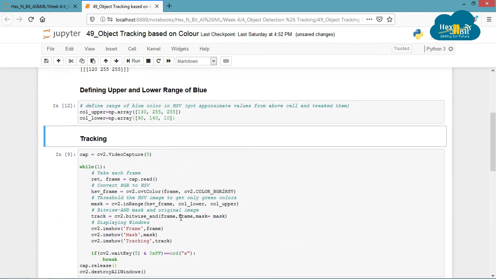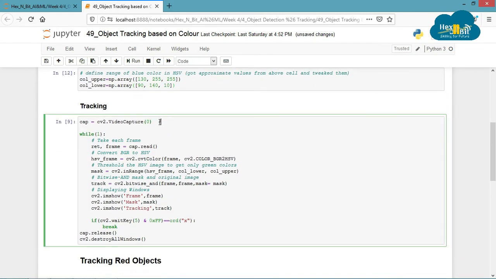We have connected a USB webcam to our system, and we are initiating the camera device using this statement. This number here may be different for you depending on the configuration and number of cameras connected. You may try opening the inbuilt webcam by placing the number 0 here. Now, since we want to track objects in a live webcam stream, we are making use of a while loop. This while loop will be broken and the live stream will stop if we press the X key on the keyboard.